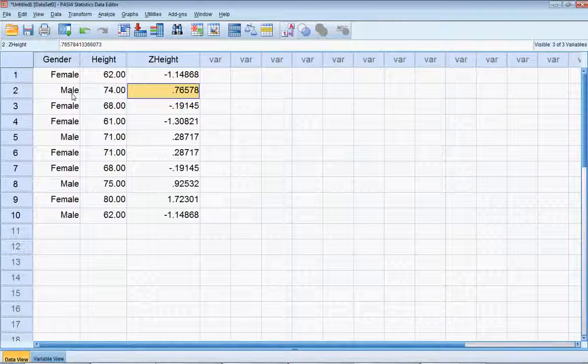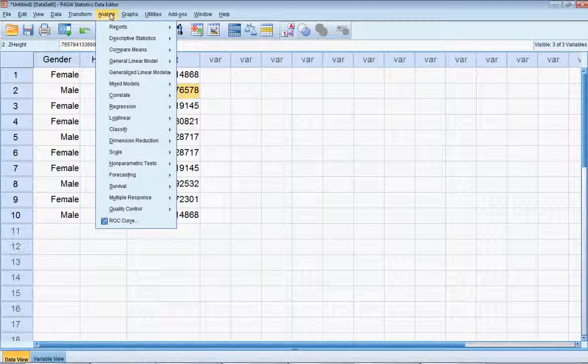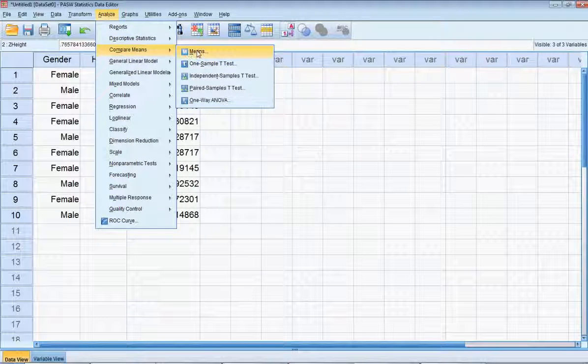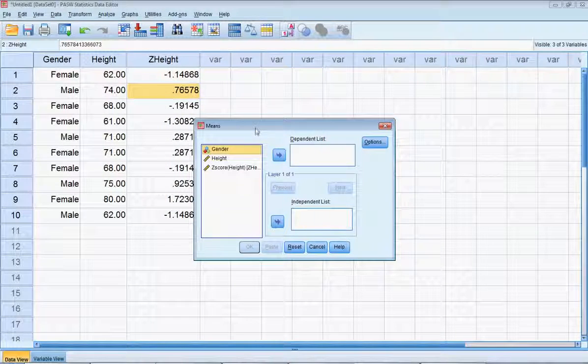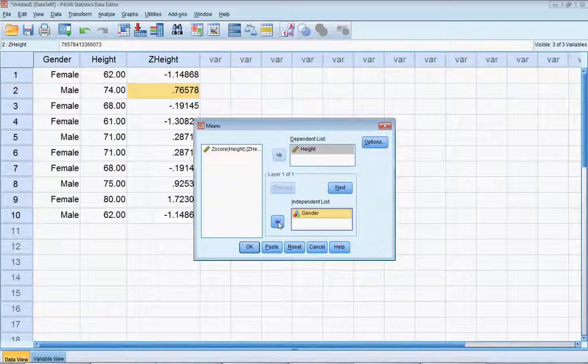So to do that, we'd go up to Analyze, go down to Compare Means, and pick Means. Another window is going to pop up with boxes for dependent and independent. Dependent is where you move the values that you want analyzed. So if you want to know the average heights, you ought to move height over to the dependent list. Likewise, Independent is like the grouping variable, and we're grouping the height scores into males and females. So let's move gender down here to independent. When we have that all entered in, I think we can just click OK.